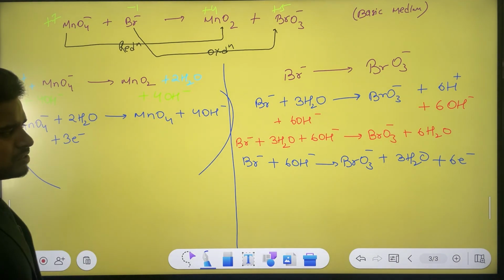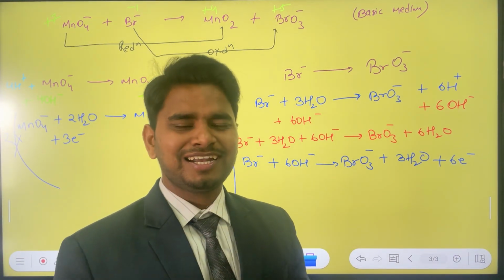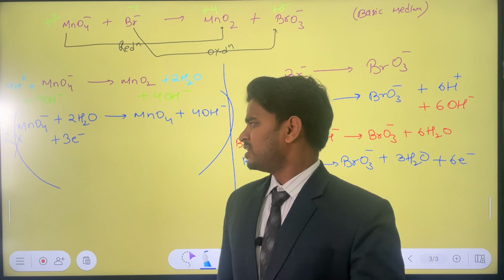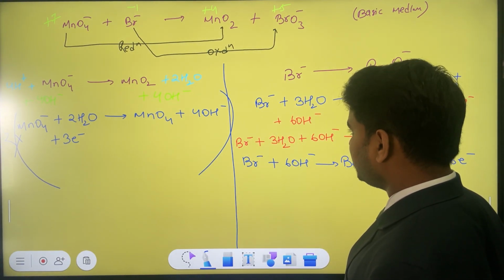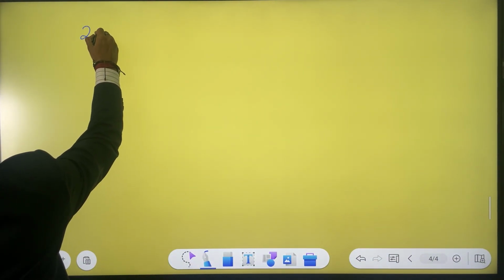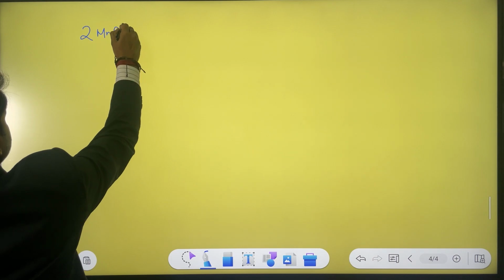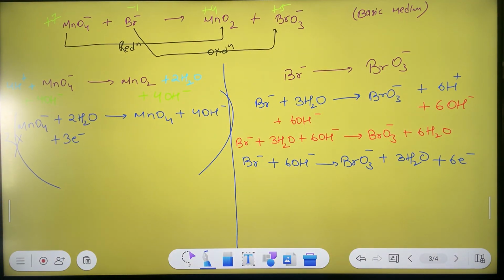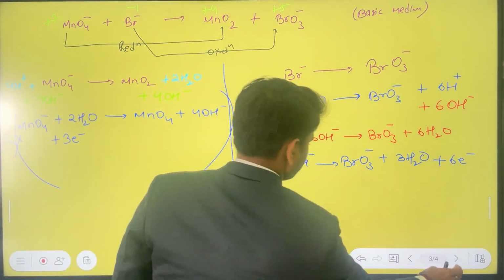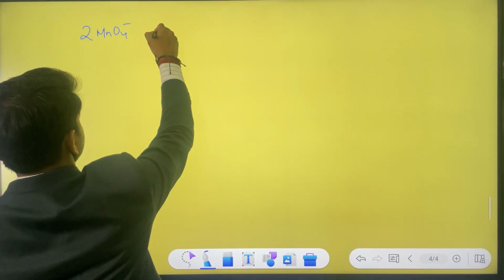Now we have 6 electrons here, and here we have 6 electrons. Add these 2 and that's it. We are done. So let me write the equation, guys, once again. We will end up having 2 MnO4 minus plus 4 S2O, giving you